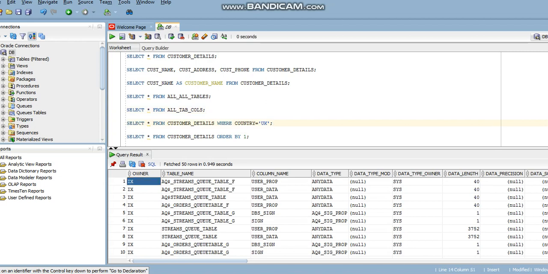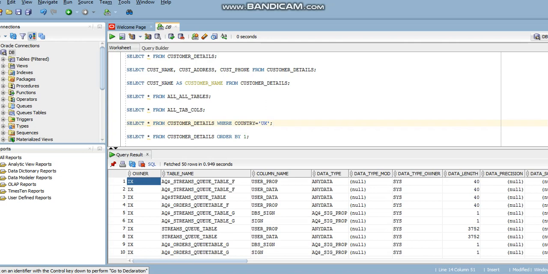Now the next one. What if we want to select some specific data instead of the full data set of the table, or the full data set of one column or more than one column? What do we have to do?